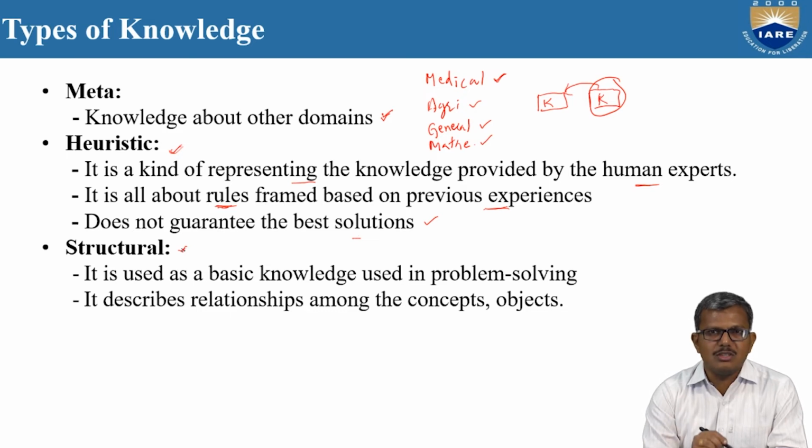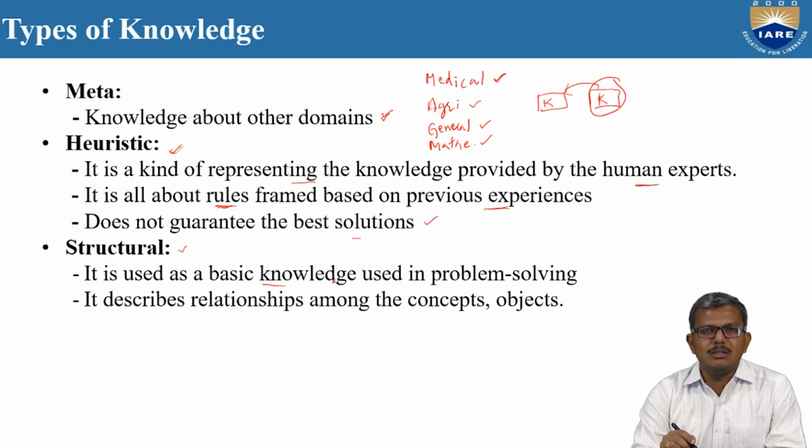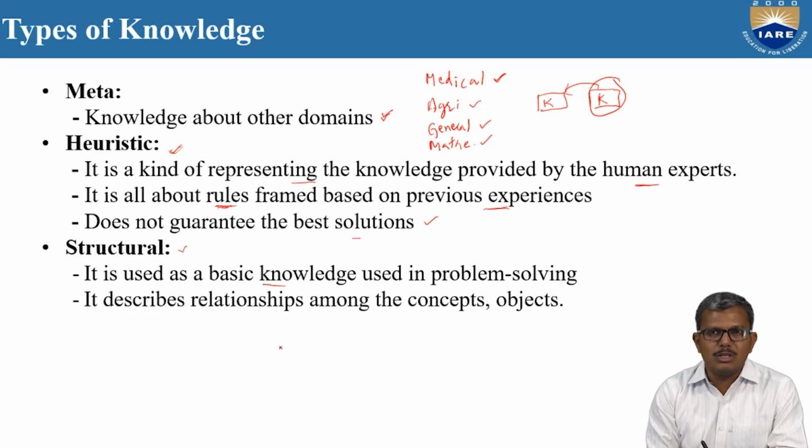And next we talk about the structural knowledge representation. So in the structural knowledge, what happens, it is going to make use of basic knowledge in the problem solving. Basic knowledge in the sense, it is going to talk about certain kinds of concepts. I mean, they are going to talk about concepts, and it is going to talk about the objects. Concepts and objects. For example, if we talk about the cooking of things, what happens if it is related to